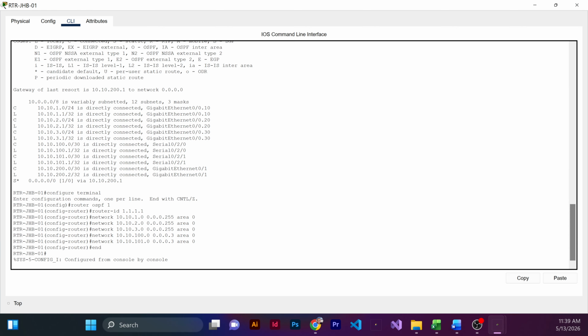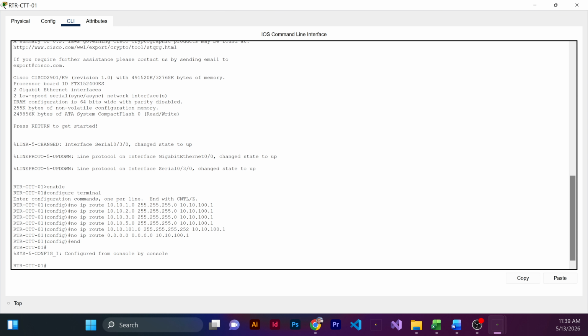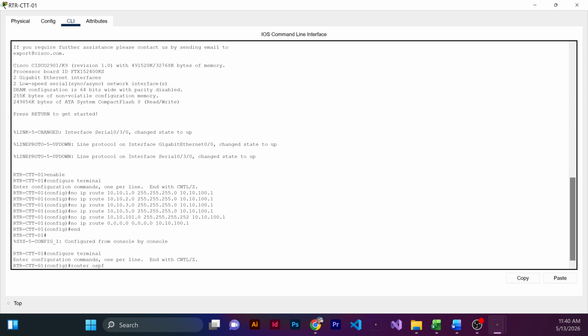All right. Now let's go to Cape Town and then configure OSPF. Configure terminal. So router OSPF 1, and then a router ID 2.2.2.2,